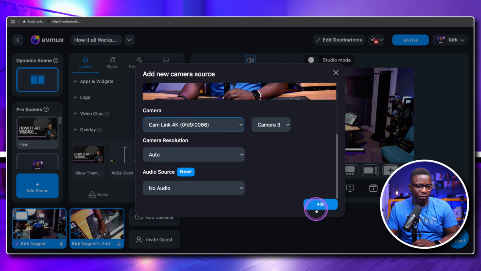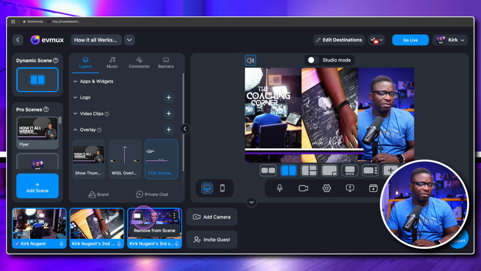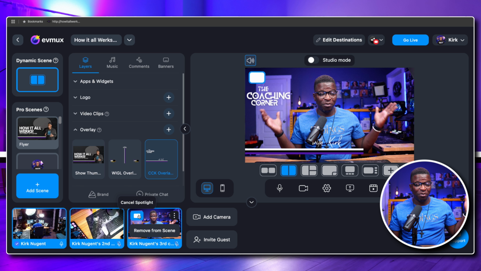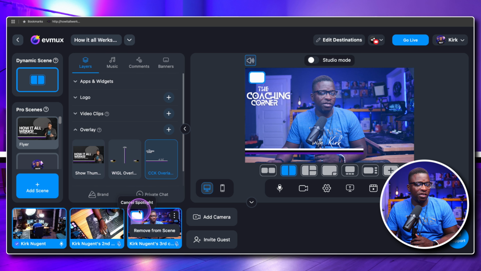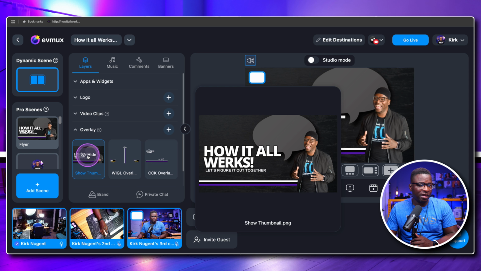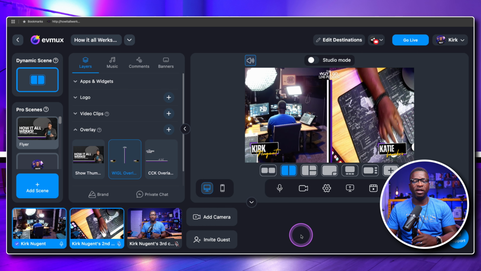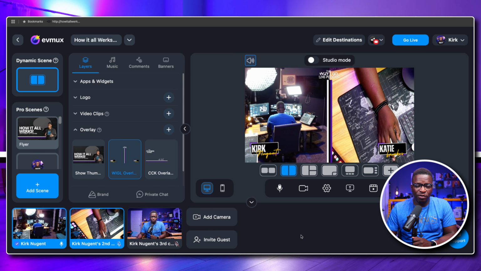and see what that looks like. So now we have this one, we add it to the scene, and we can spotlight that one. This is actually how the coaching corner usually looks. And then just with putting up a graphic like this, we can actually remove this one from scene, make sure that it's cropped, and then click on this one. And that's how I usually do my transitions when I'm switching things up in StreamYard,